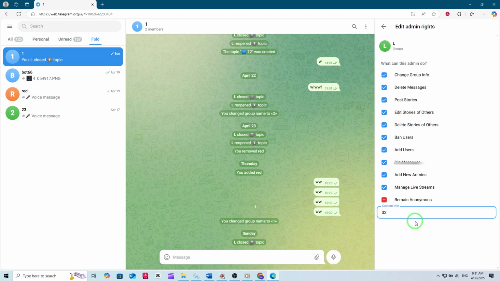leadership. And that's it. You've successfully added a custom title for the group owner in your Telegram group using Telegram Web on your PC. This feature is a great way to showcase your role and make your group even more